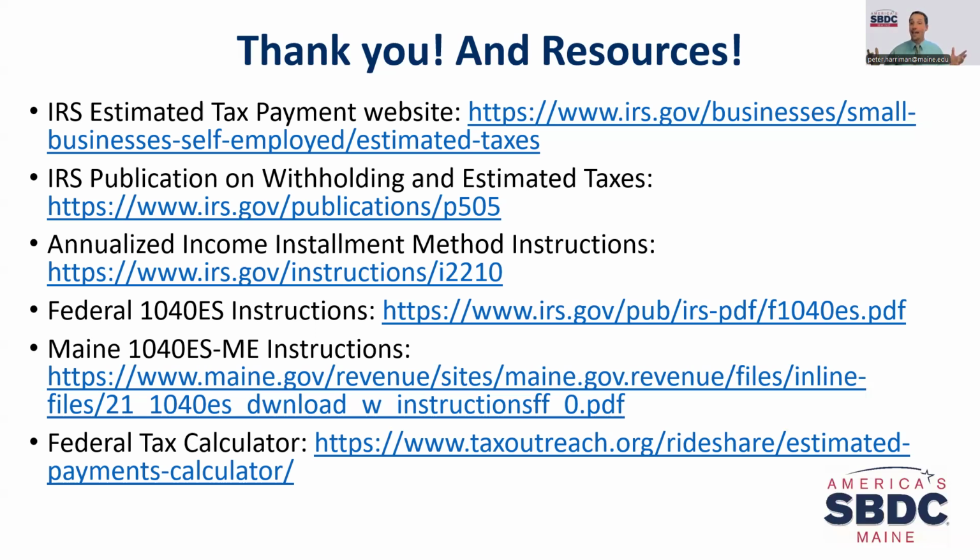There's no easy answer to that. As I said, the first year is sometimes a complete guess. Ideally, your projections are within what you thought it was. You could make an educated guess. You could go high, but then you run the risk of paying too much and not having that money available for the business. You could go low and take the penalty. Remember, the penalty is based off of how much you owe. So if you did pay some, there's not going to be as much of a penalty as if you didn't pay any, right? So for the first year, it's hard.